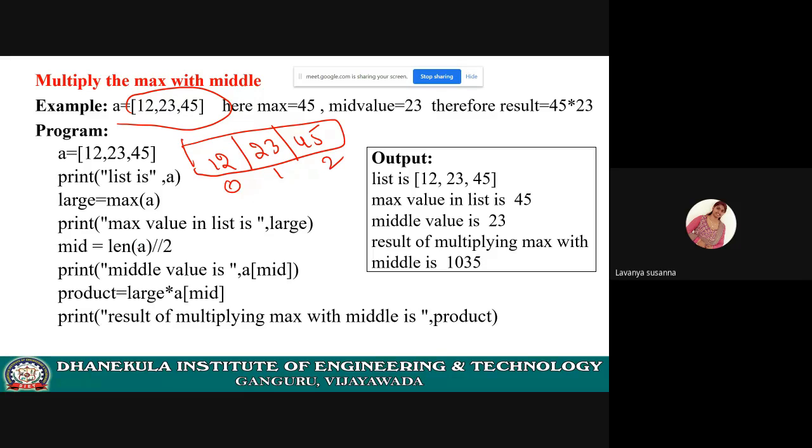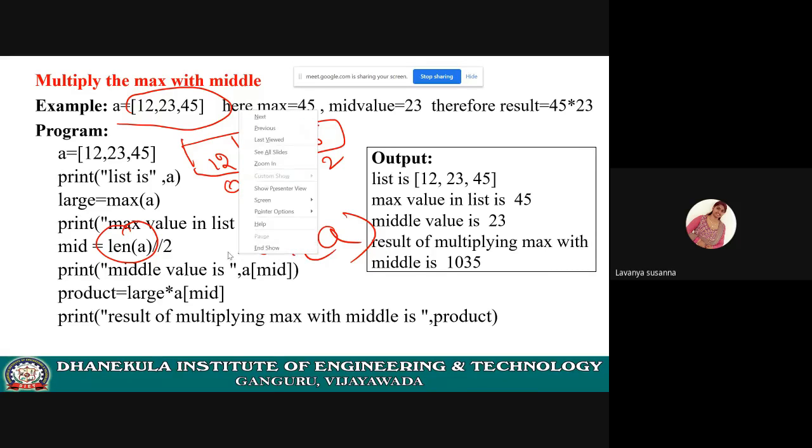How to find the length of the list? Use the len function, and inside that pass the variable. I am passing variable A. A contains 12, 23, 45. What is the length? How many elements are there? 3 elements. This len function will return 3. Length of the list, 3.